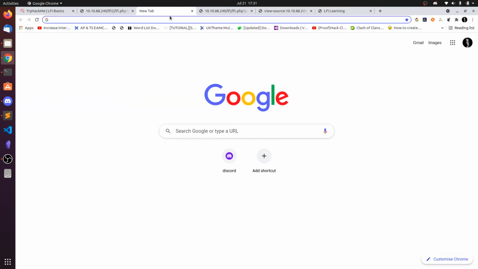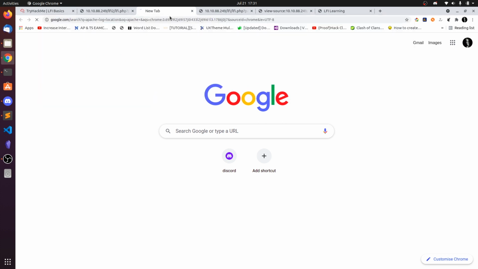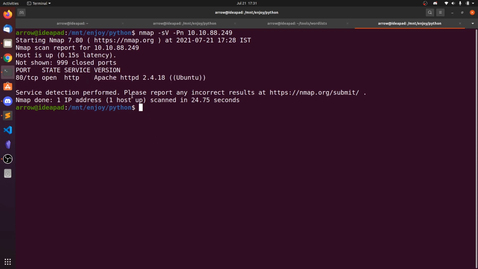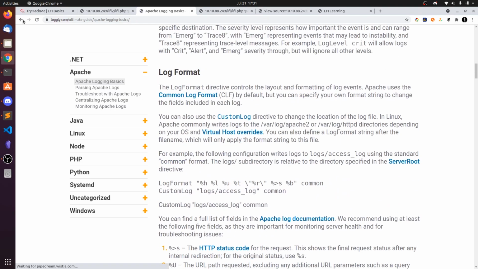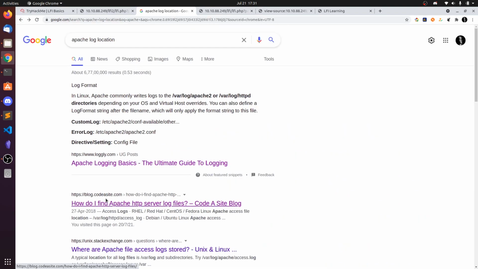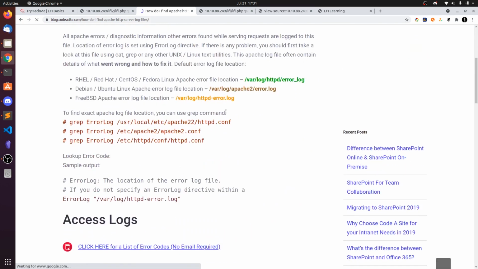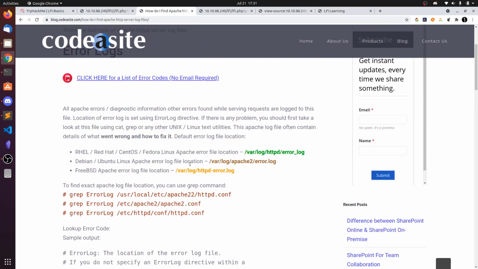Now what we are going to do is look up the Apache log location. So searching for this, you can see a few directories depending upon the operating system. Nmap did not detect the operating system, so not a problem.